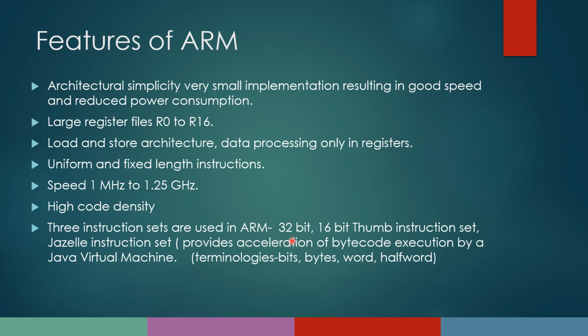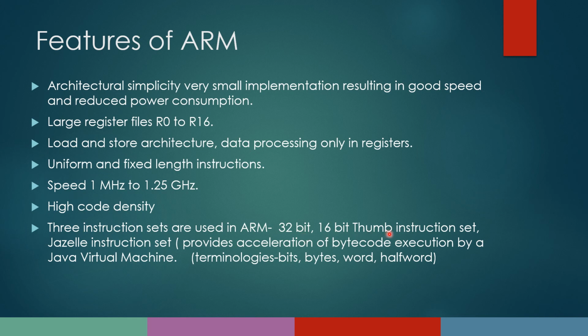Here, the data we fetch and execute is 32-bit, and all the buses in the ARM processor, whether the data bus, control bus, or address bus, should be 32 bits. The arithmetic and logic unit also has to perform operations on 32 bits. So the commonly used ARM processor considers 32 bits.